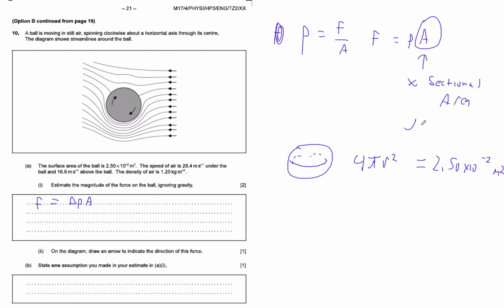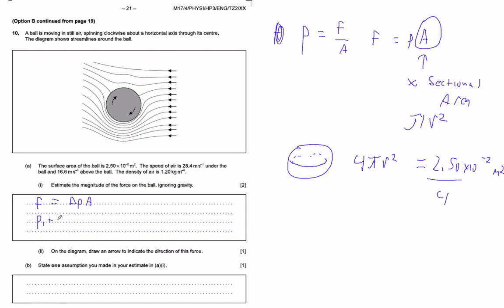And that is pi r squared, right? They told you what 4 pi r squared is, but you want to use pi r squared. So take that area and divide by 4, and then you'll have pi r squared, which is what you want to use. Now, how you find the difference in pressure,